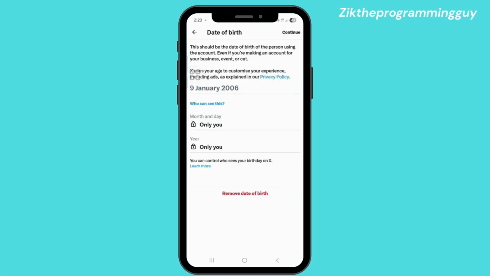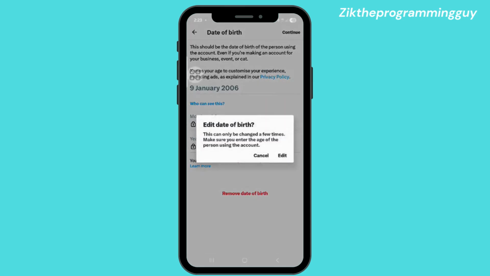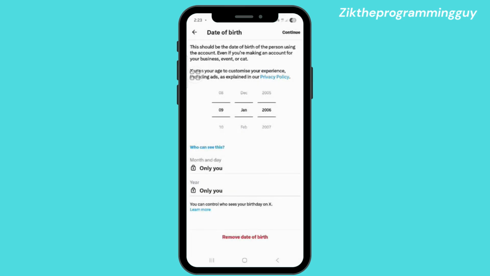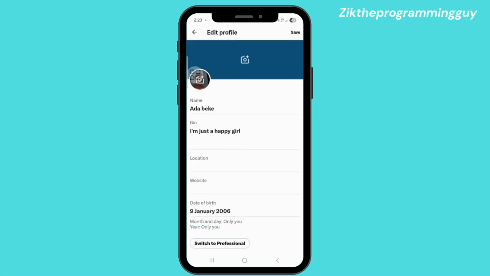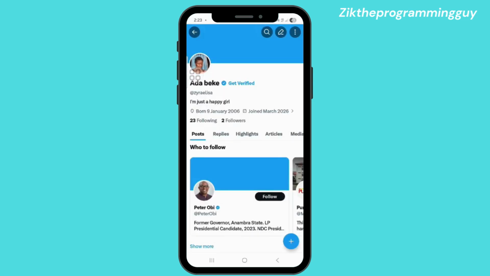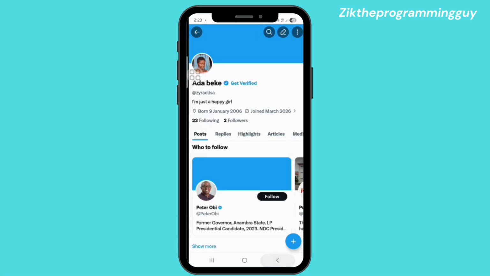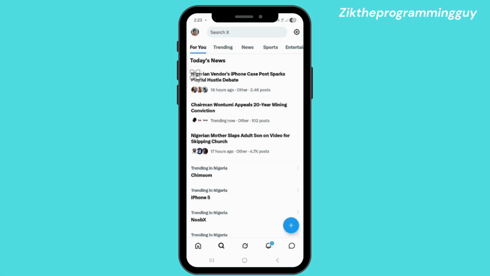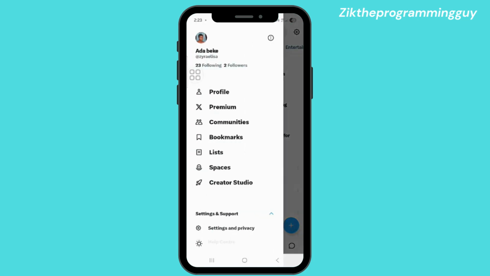So what you're going to actually do is try to re-enter your date of birth, right? Try to re-enter it, and save it again, because sometimes maybe it did not get saved and Twitter just keeps asking for your age verification, right? So after doing that, you go back and you click on your profile right above your screen again, and you're